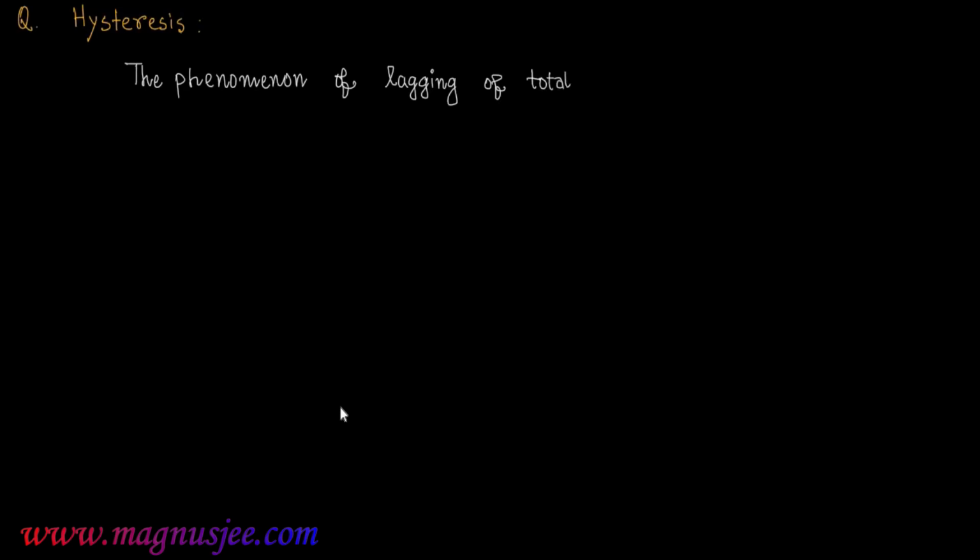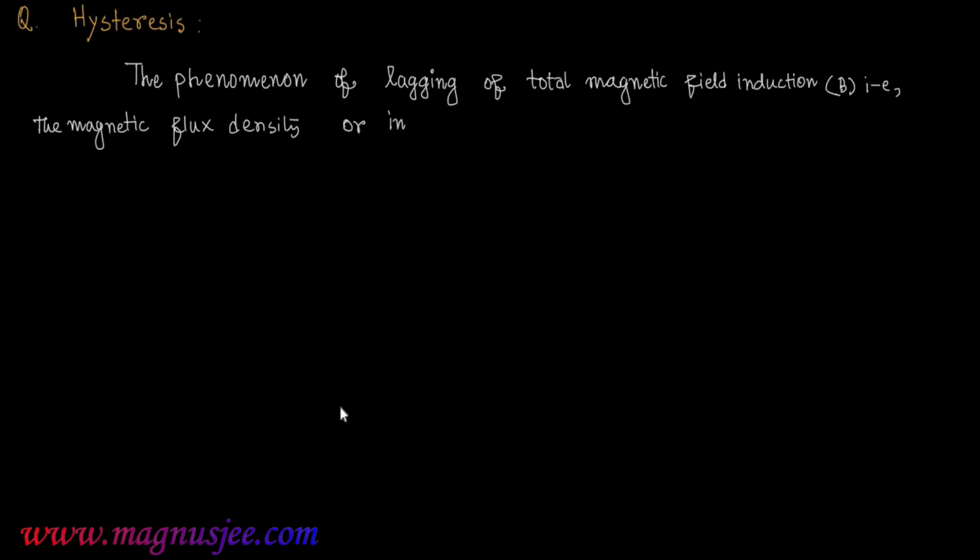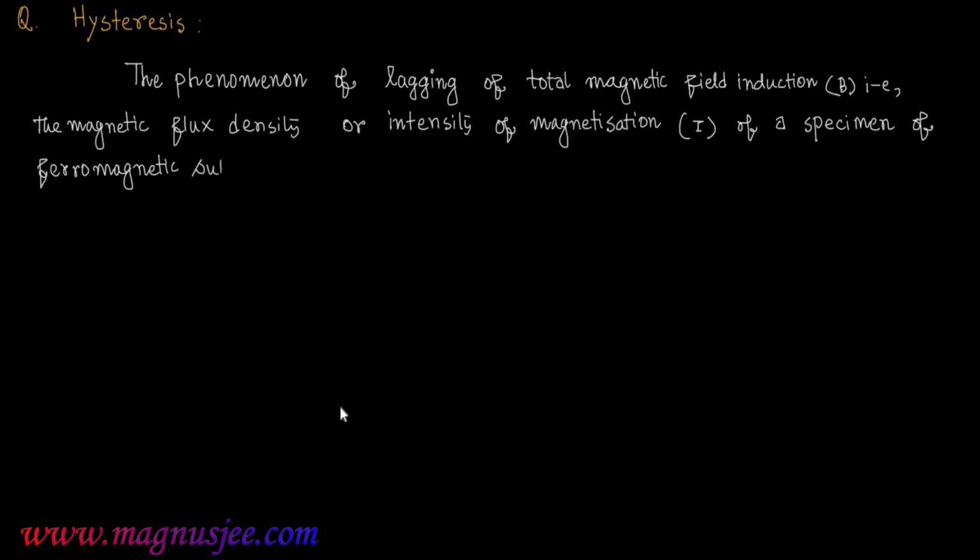The phenomenon of lagging of the total magnetic flux density or total magnetic field induction, B, that is the magnetic flux density or intensity of magnetization, I, of a ferromagnetic substance, of a specimen of ferromagnetic substance, or material,